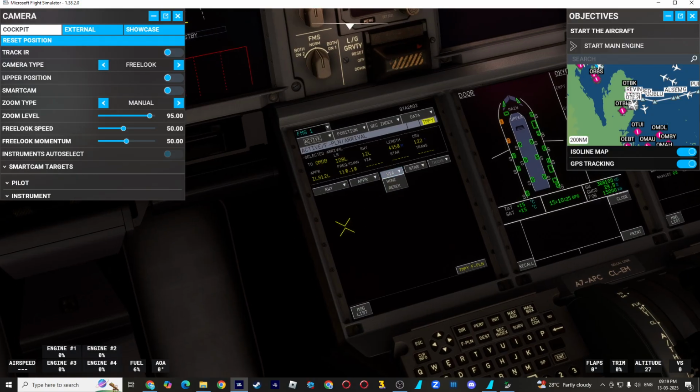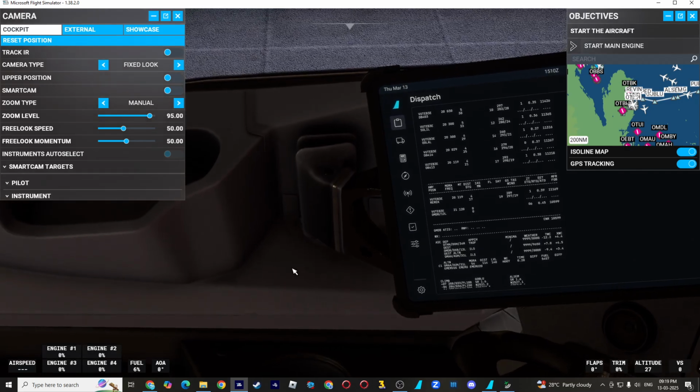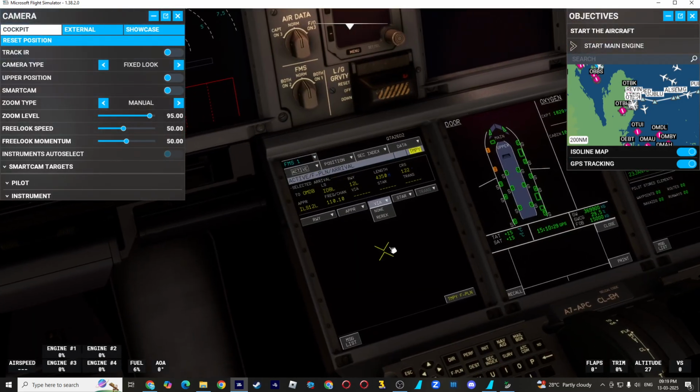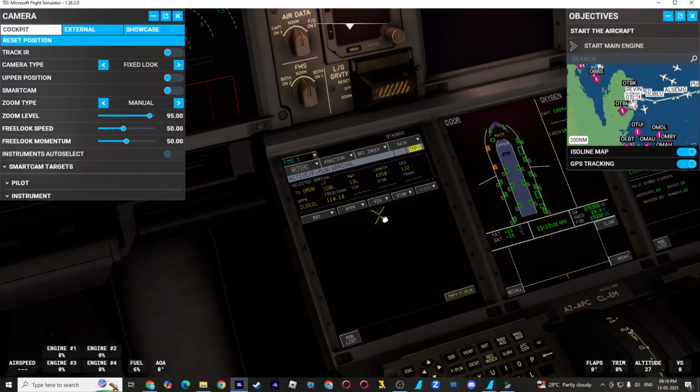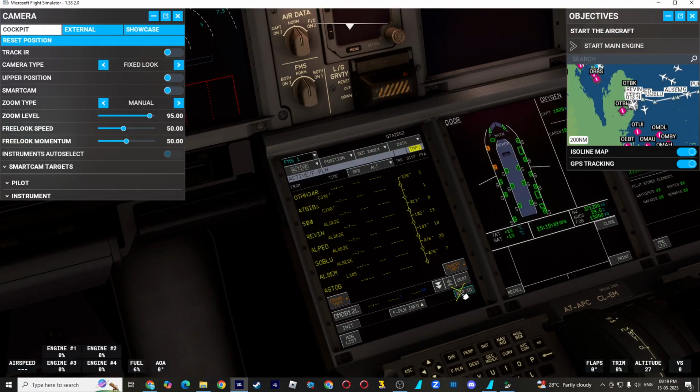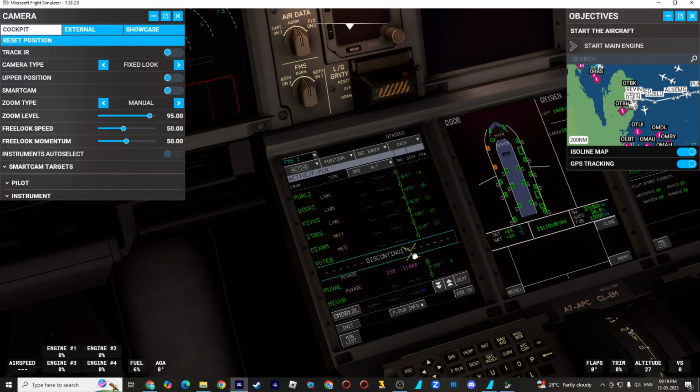Okay, then we have to enter our other waypoints. Like we have to do more waypoint entering here. Let's go here. Perfect. And now we insert this into our temporary flight plan. Okay. Scroll down. We insert everything, and then if you see any discontinuities, make sure you delete them, because